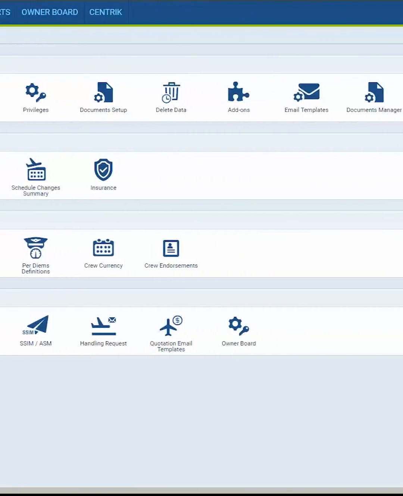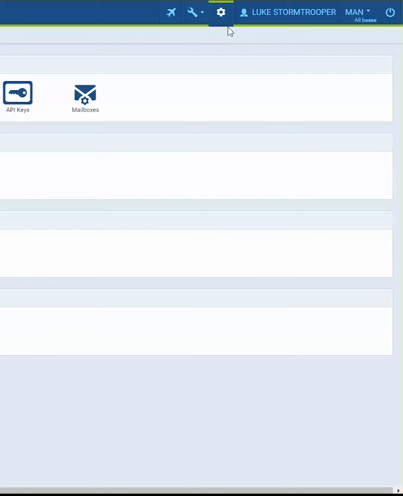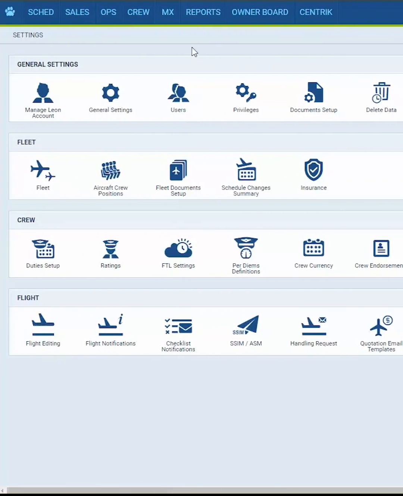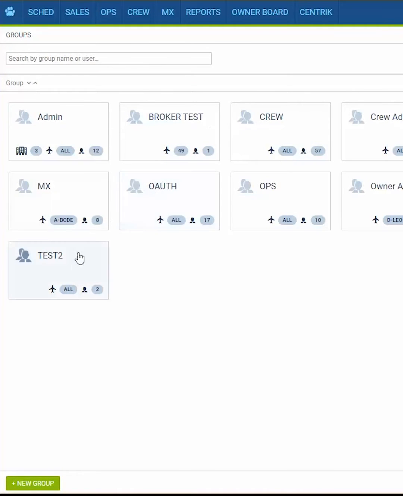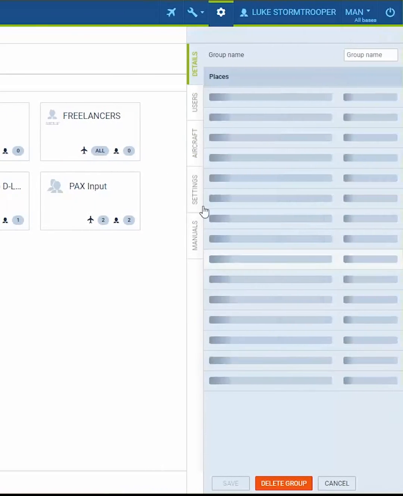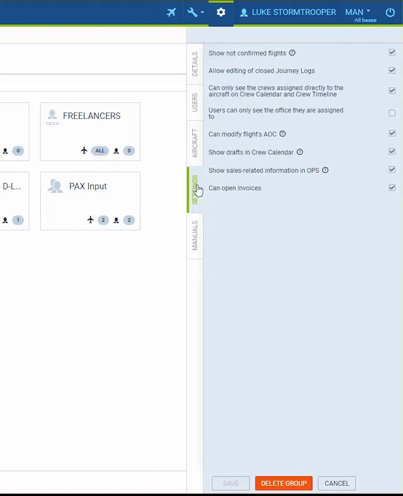If you would like to activate those functions, you need to go to the settings area, so you need to click on the gear icon, then you need to go to the privileges, select a particular group of users and go to the settings tab. Here you can define if the users should see both confirmed and option flights in the ops section,